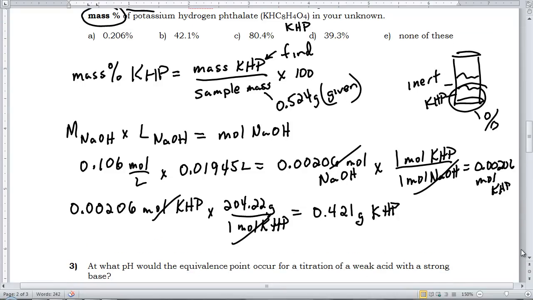Almost. That is now the mass of KHP in our sample. It should be less than our sample mass, which it is, because that sample was a mixture. So mass percent,